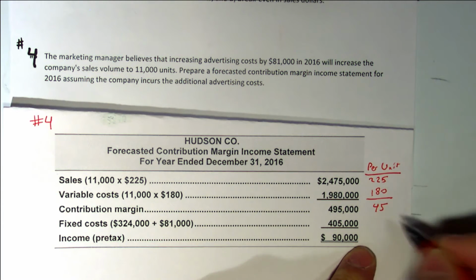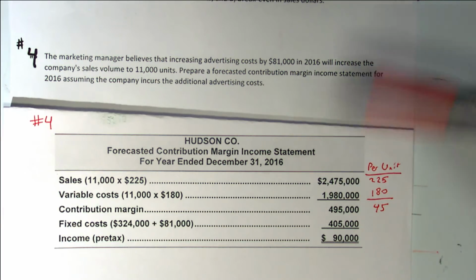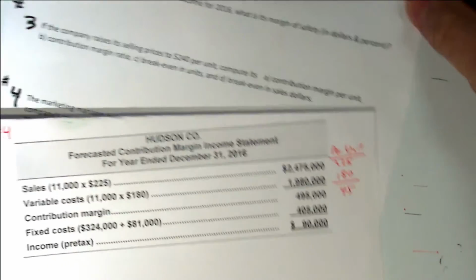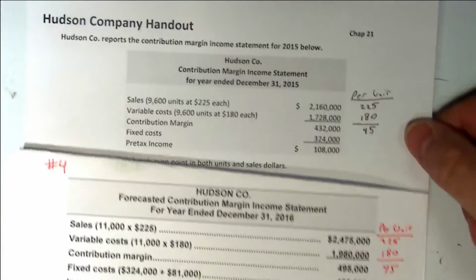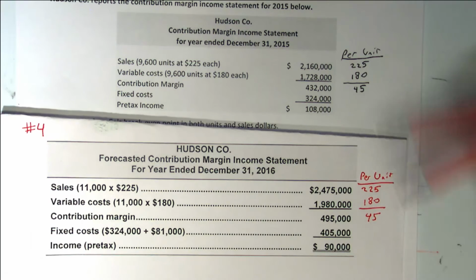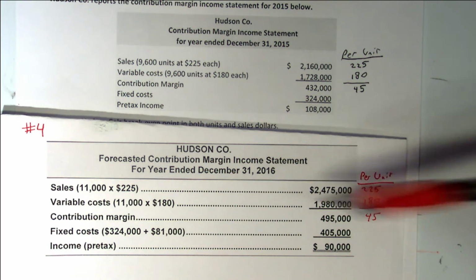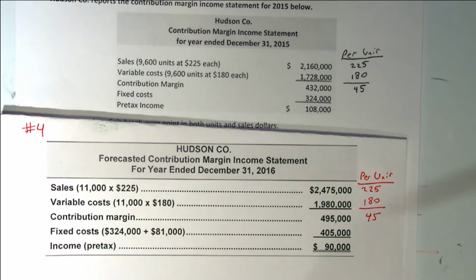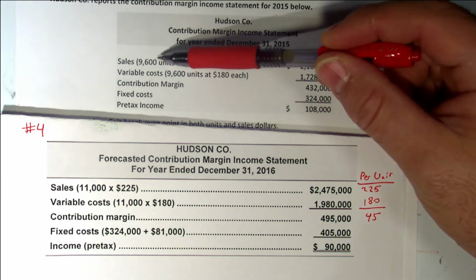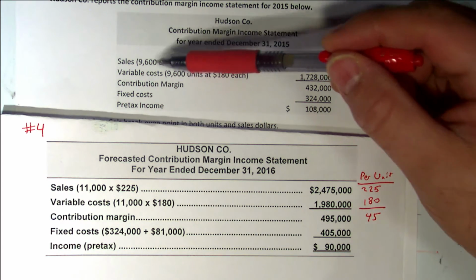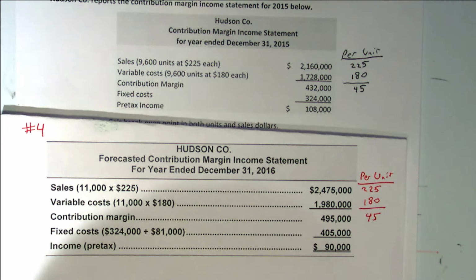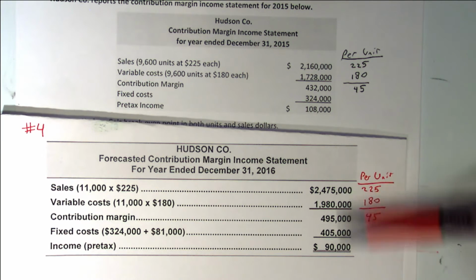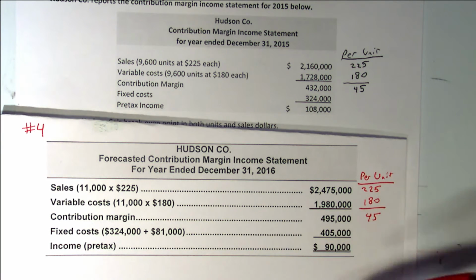Is that correct? Yeah. But now our fixed costs go from, let's see if we can actually show the original as well. The original is on top. They go from 324, they increase by 81,000 to be 405,000. Now, our sales volume increased, did it not? Is that correct? It said it would increase from 9,600 units to 11,000 units, correct? So that's our new activity level. So, first of all, did you get this contribution margin income statement? Okay, secondly,